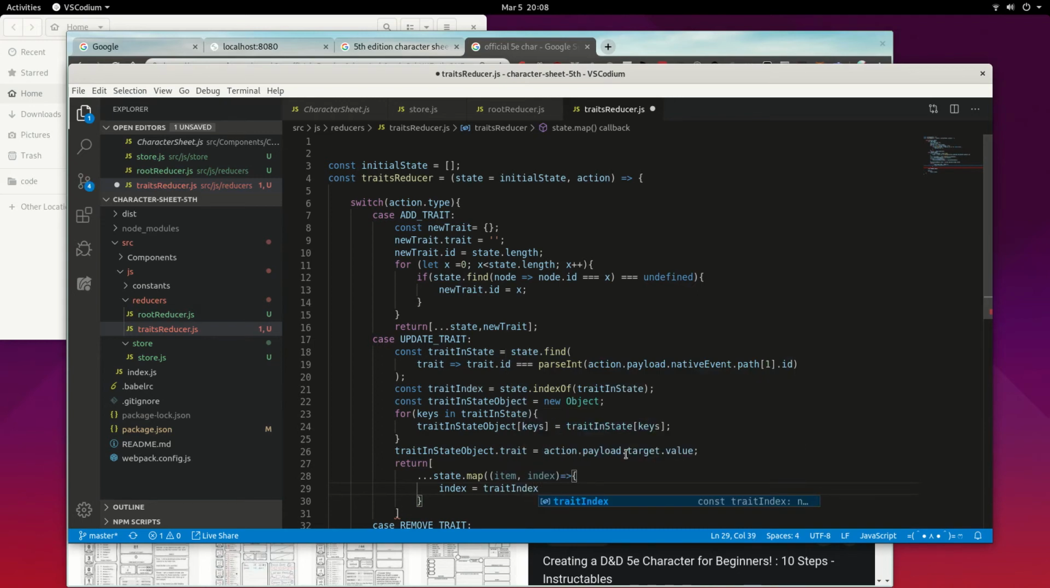So I don't know if we have the trait index. Let's find out. We do have the trait index, so let's set the index equal to that. Actually, sorry, we're going to check if the index is equal to that trait index, and that's going to be the one we want to update with the new object. So let's put that in. So if it is equal to that index, we're going to do,